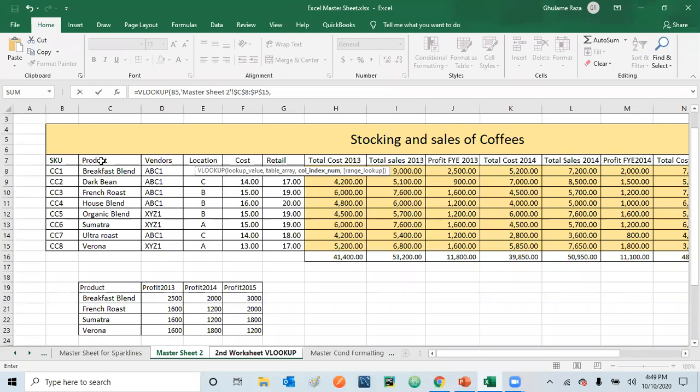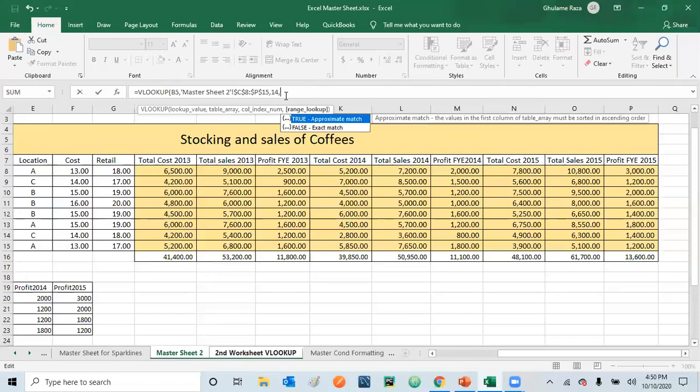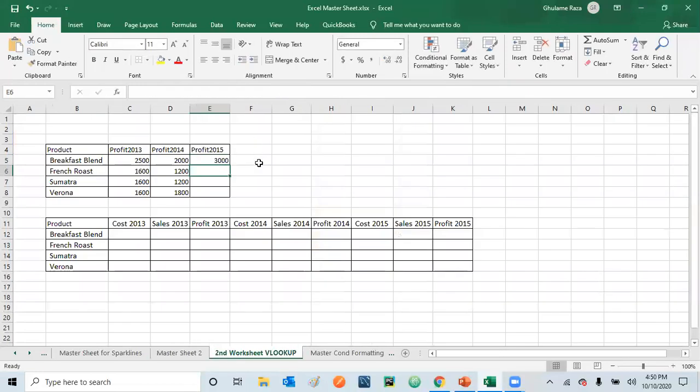The same way the heading here is product, so you need to select it from here. If your heading was SKU, then you should start selecting the table from this corner and counting the number from this corner. So let's start counting from here and until 2014. So this was 11, 12, 13, 14. So just type here 14, and then comma 0, enter. You got the value for this profit 2015. Just drag it down, and all the numbers come here.